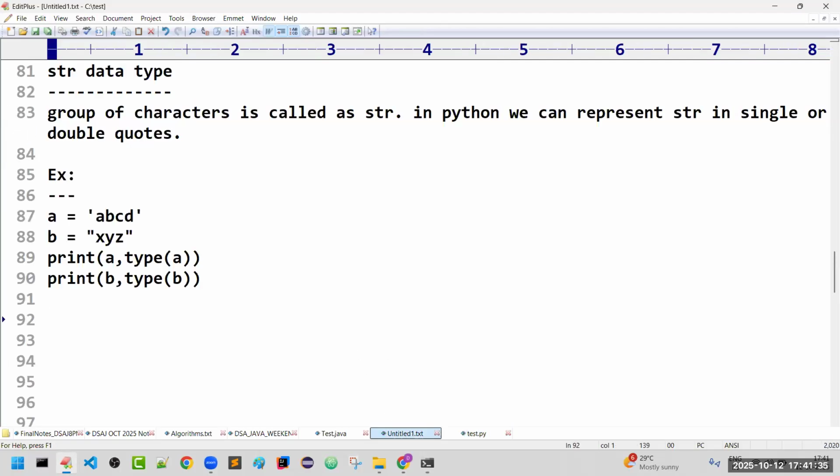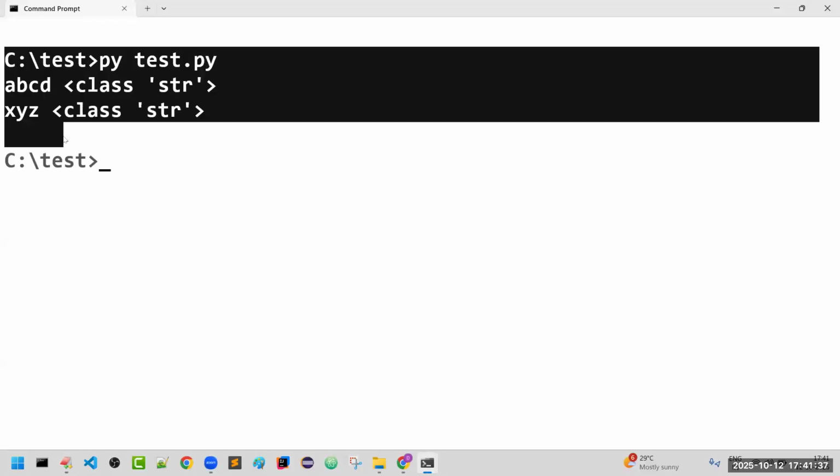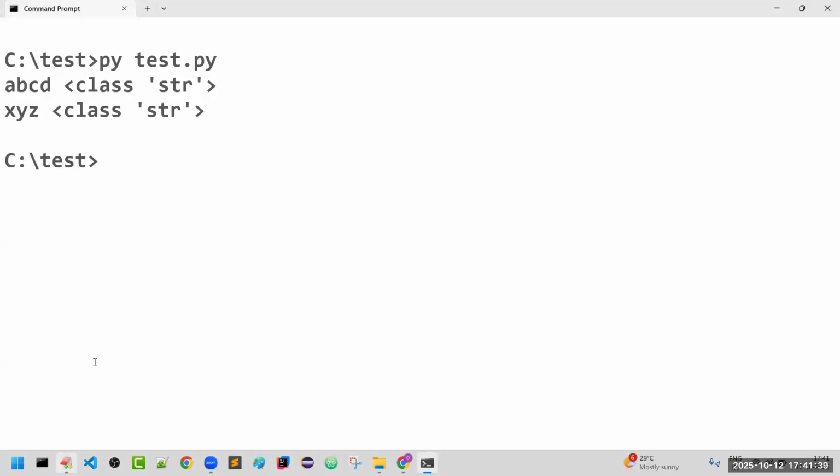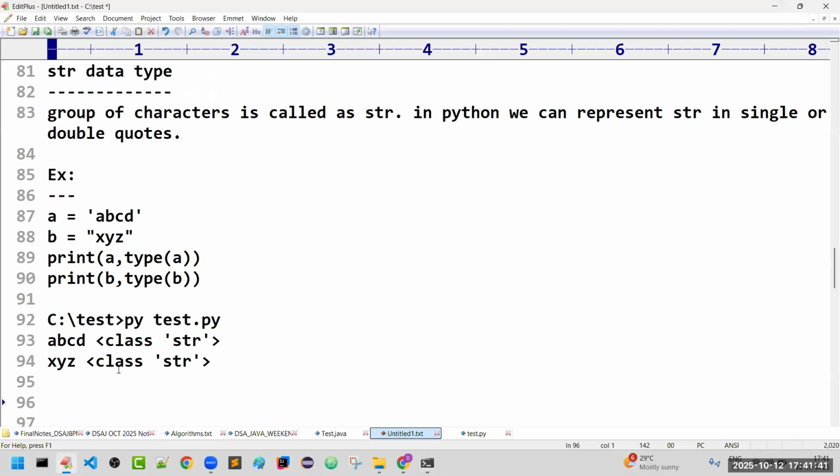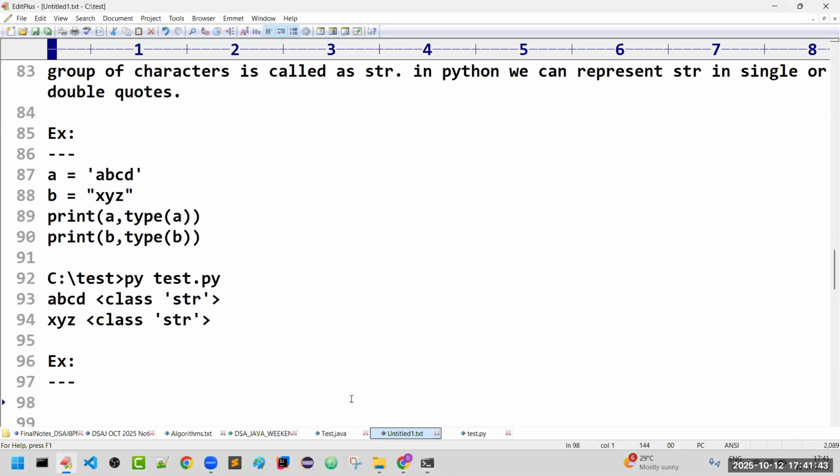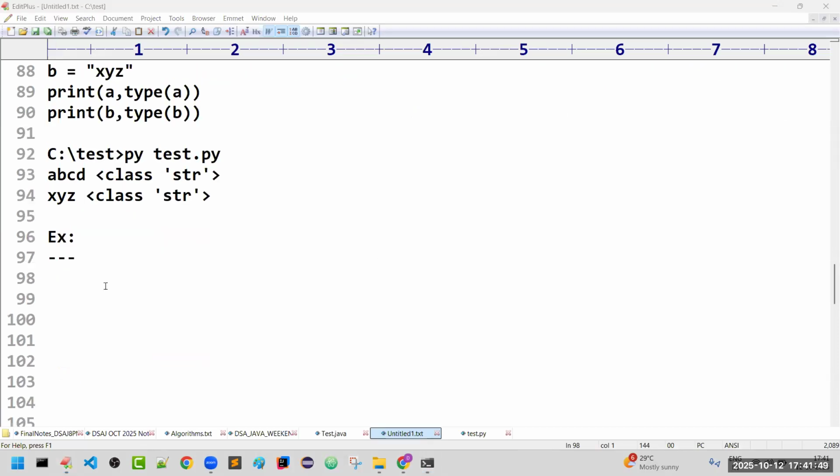If you are clear, there is one more concept in the string. I will demonstrate. Any questions up to this? Clear? Right. Now there is one concept in Python named index.